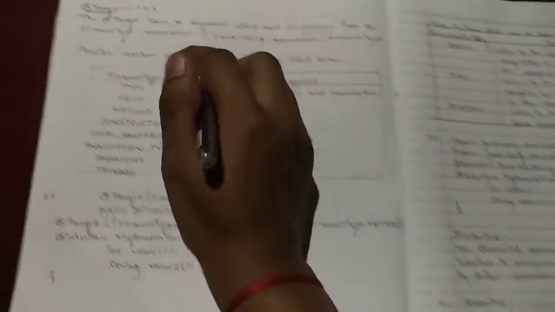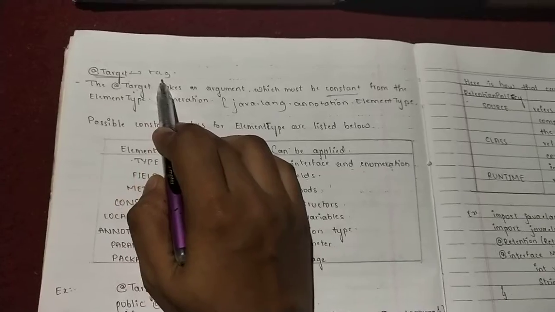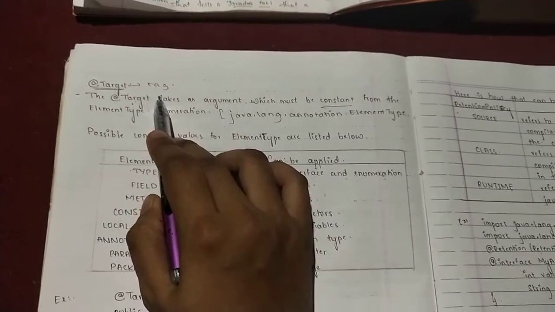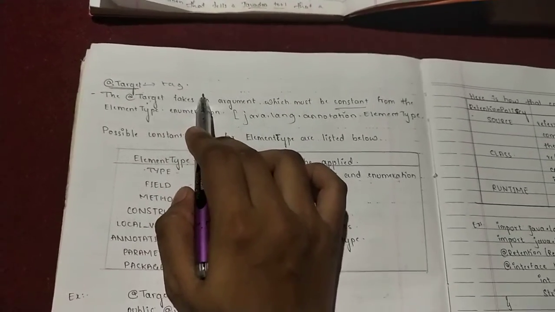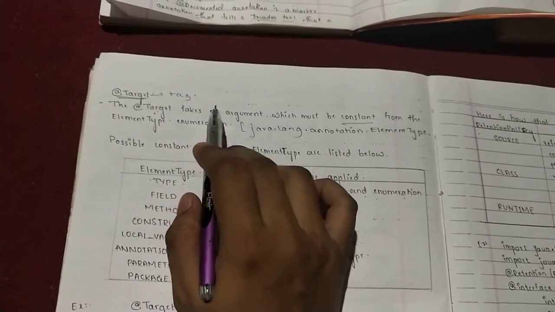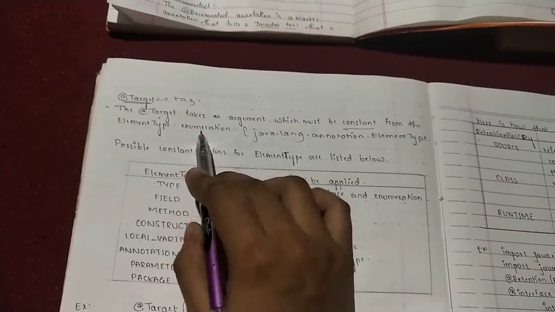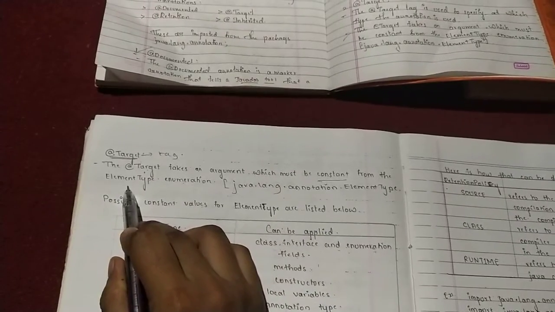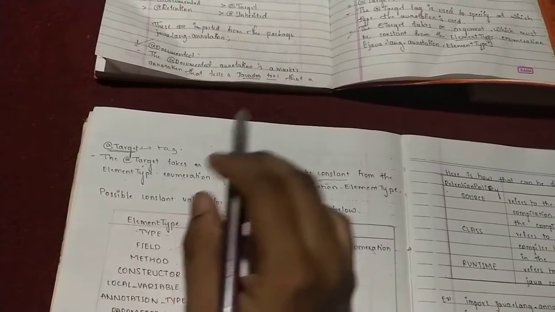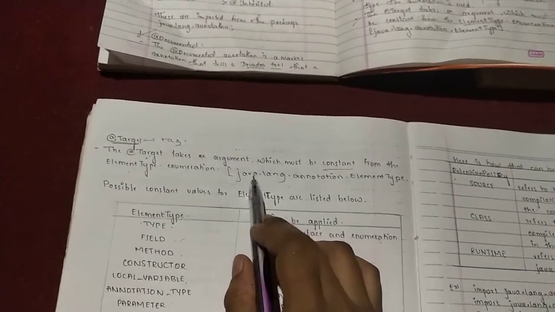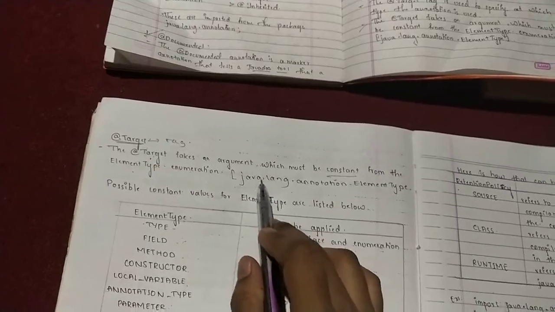Second one is @Target. It is the tag that is used to specify which type of annotation is used. Target takes an argument which is a constant from the ElementType. The argument should be a constant, and it is taken from